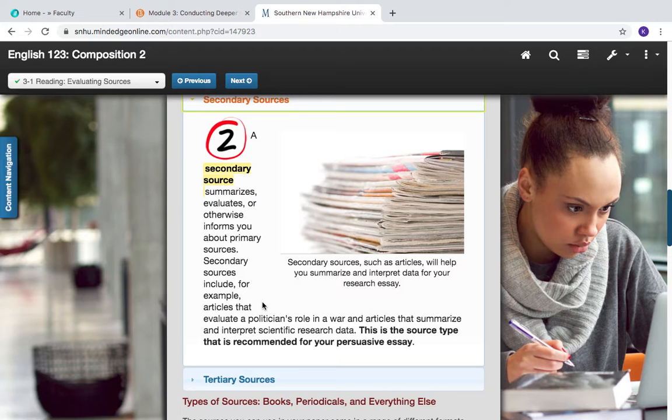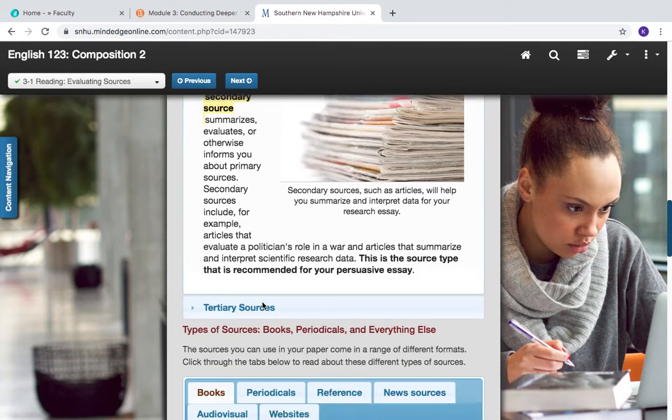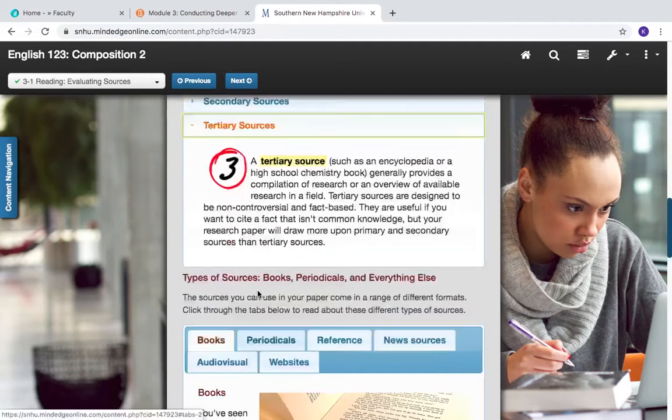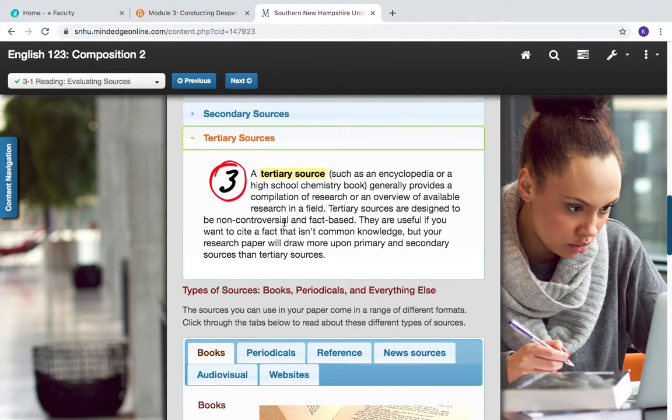Secondary sources include, for example, articles that evaluate a politician's role in a war and articles that summarize and interpret scientific research data. Tertiary sources are your textbooks, encyclopedias. For this paper, it's not likely that you'll use a tertiary source, but regardless of the paper or the course, unless an instructor specifically says use tertiary sources, they're really kind of